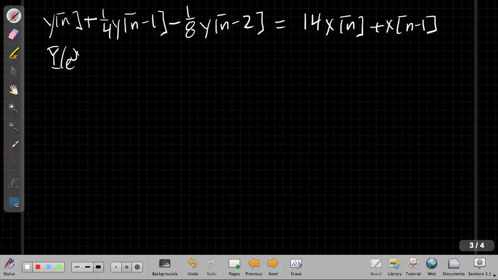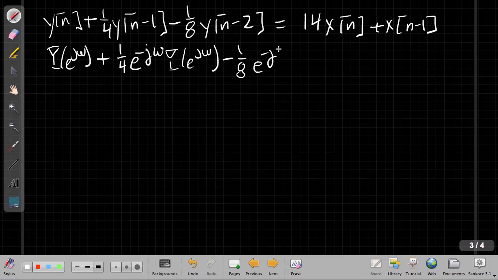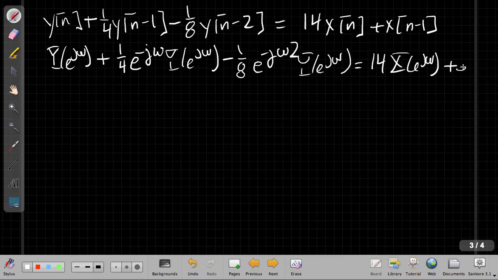So the first term is just y of e to the j omega. The second term, I get 1/4 from the scaling, and then the shift property says, well, this was shifted by 1, so I multiply by e to the minus j omega, the Fourier transform of the output. And the next term is minus 1/8. And in this term, the shift is 2, so my exponent becomes e to the minus j omega 2, because of the shift of 2, times y of e to the j omega. And this is equal to 14x of e to the j omega plus e to the minus j omega